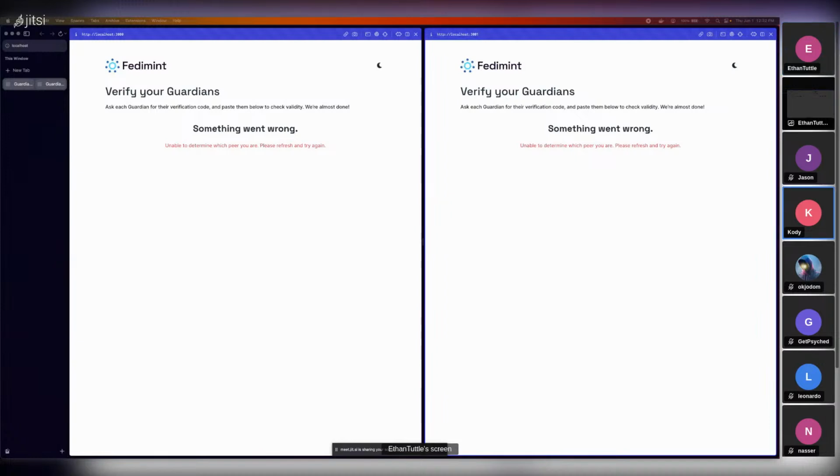Just a side thing about this: one of the real benefits of doing this UI separation is that as more people want to do hosted federations, it makes it much easier for them to say, hey, we do the back end and you guys do the front end. They can also modify this UI to fit within their hosting infrastructure. So when we think about Start9 and those sorts of guys, when they want to integrate, this is going to be super important. So thanks for your work here. Yeah, no worries. At Start9, the wrappers are